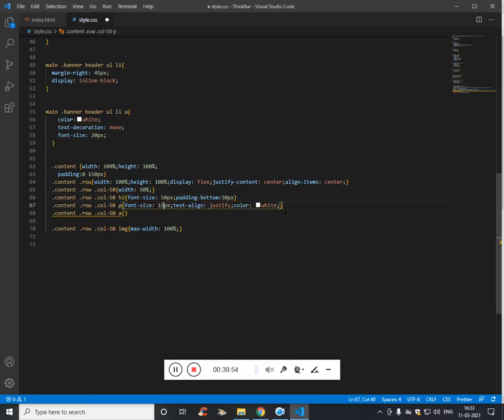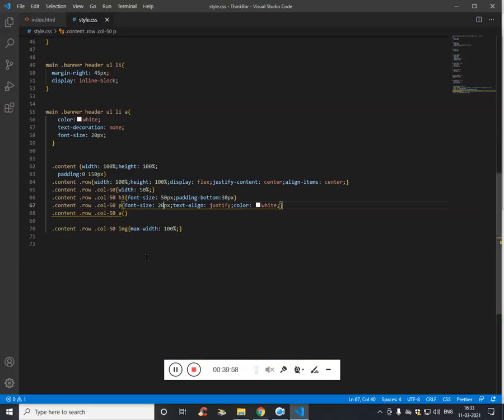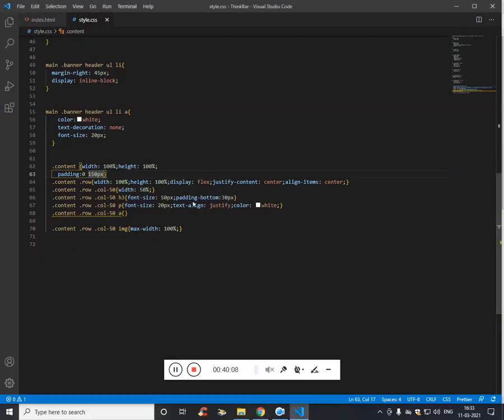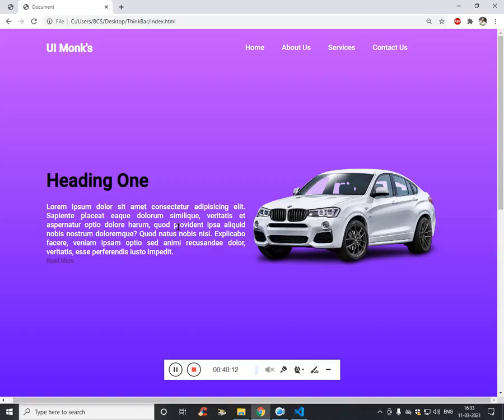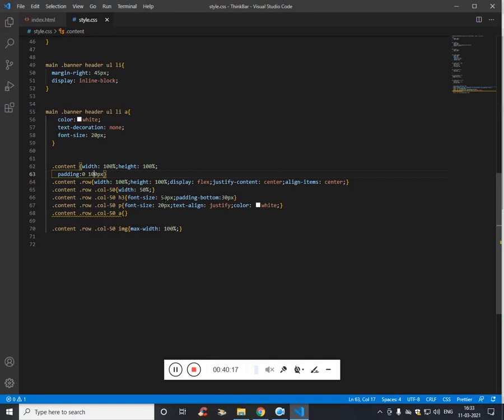Font size is too big. We'll make this instead of 150, and we'll make the first one as 40 and the second one as 60,